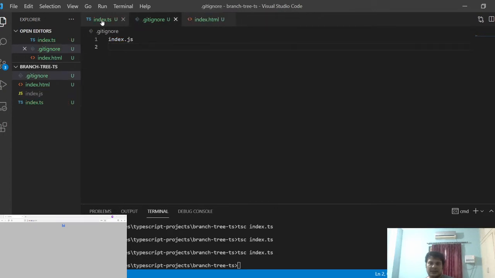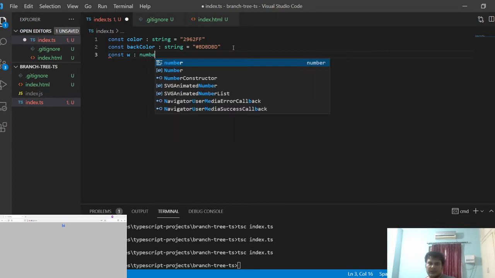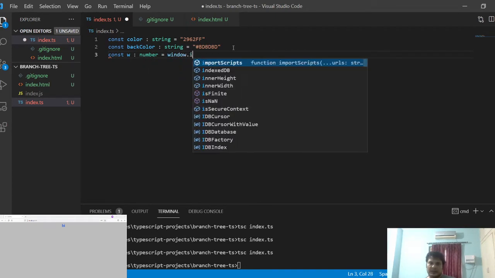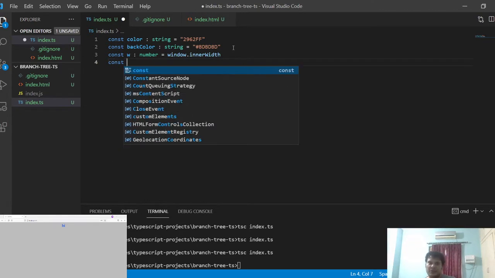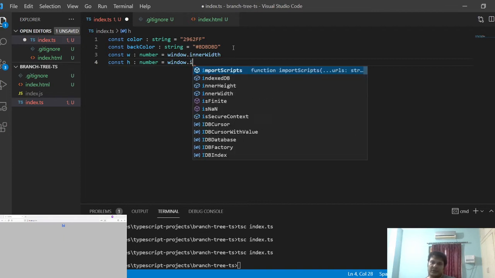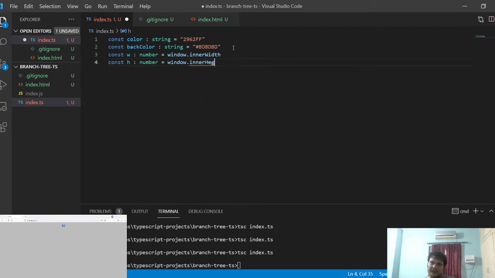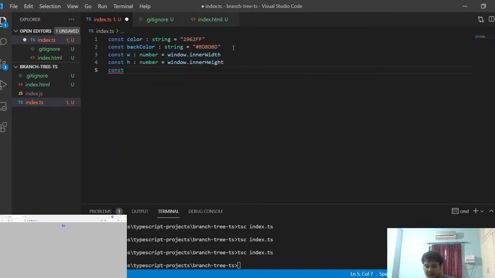As you can see, we have two constants here. We'll add some more constants. Window.innerWidth. This is mostly setup code. I need the height of the device also. It will be window.innerHeight, and I need to control the speed at which I want to animate. It will be 0.01. Or now let's say 0.1 or say 0.5.